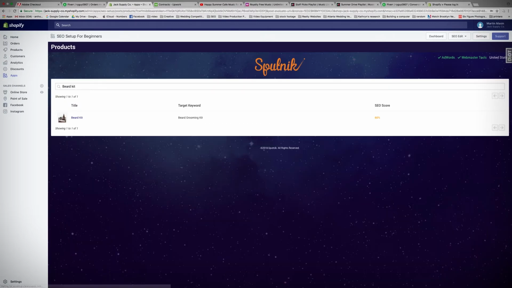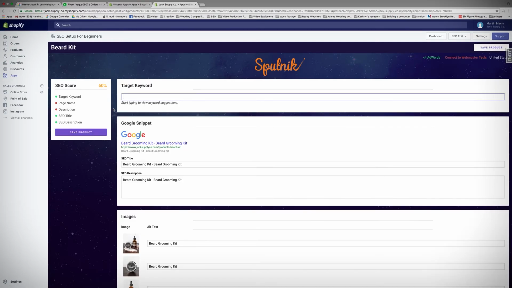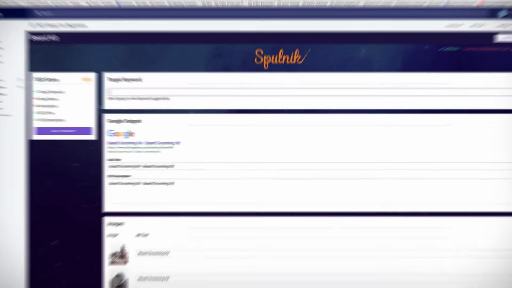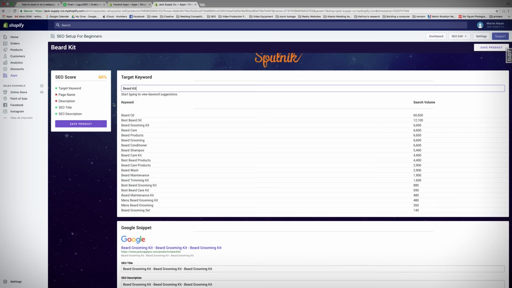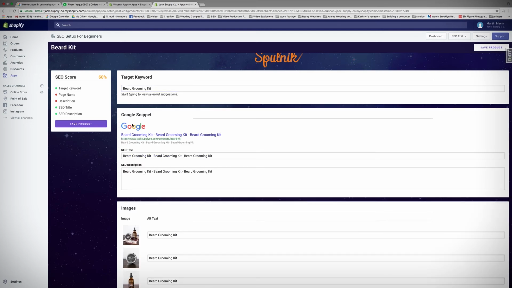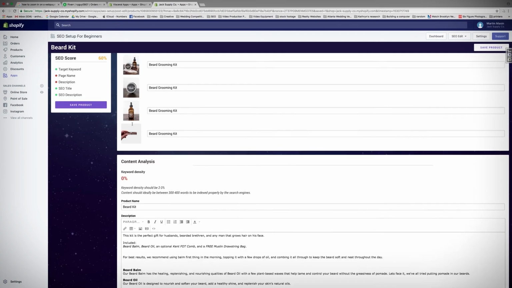After your AdWords account is connected, just go to the page that you would like to optimize for SEO. The target keyword box at the top of each page is the main functionality to the app. In this section, think of what your customers would like to type in on a Google search and enter that text into this box. Google will then start giving you keyword suggestions on how customers can find that page on Google. Click on the most relevant keyword, and the SEO setup will optimize the entire page for you in one